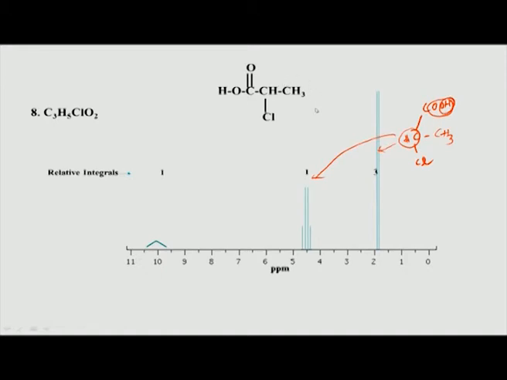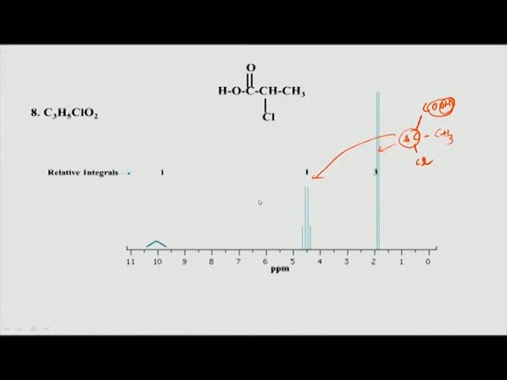So, if you recollect the inductive effect, even though the CH3 is not directly attached to chlorine, there is a separation by 2 bonds, and that also is enough to create a little bit of de-shielding of these hydrogens, and that is what is causing this peak to be downfield shifted. So, taken together we can see that this structural formula satisfies our spectrum.